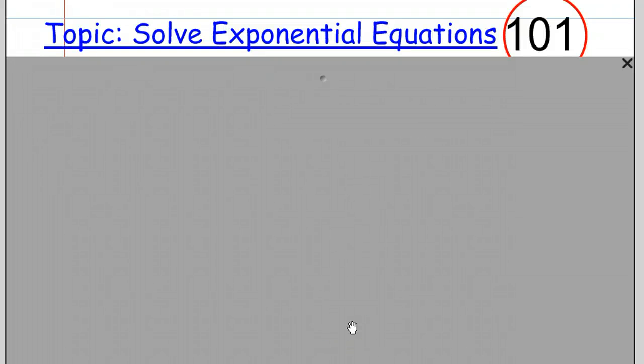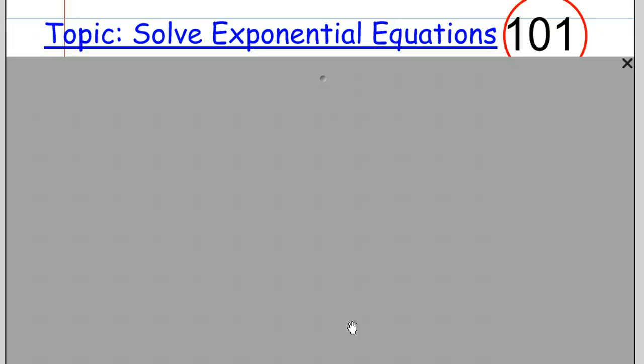Okay, class, today we're going to talk about solving exponential equations, and this is a topic that was covered in Algebra 2. But before we start with the video, I'm going to be relying heavily on the notes. So my suggestion is you go ahead and either print out or copy down page 101 as well as page 100, because there's some blanks in there that we're going to fill in this video, and it's helpful if you have the pages already printed out or on there so that you can fill in the blanks as we go